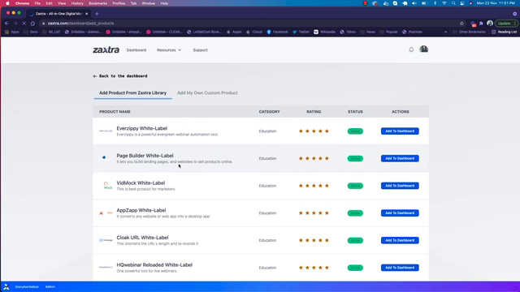Xfunnels is one of the very premium products of the Mintware suite. We have revamped Xfunnels 4-5 times already, and this is the fifth version of Xfunnels, which is coming up with Zextra, and it has a lot of amazing features and functionality built in. It is coming as a white label product with Zextra, so you can sell it as your own product with your own branding and on your own custom domain.